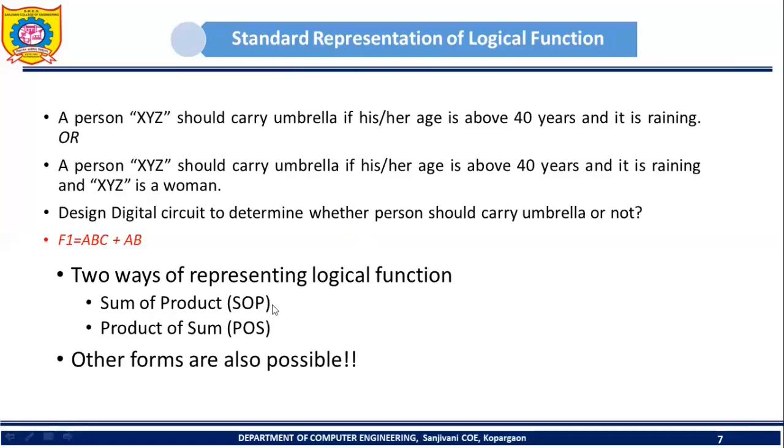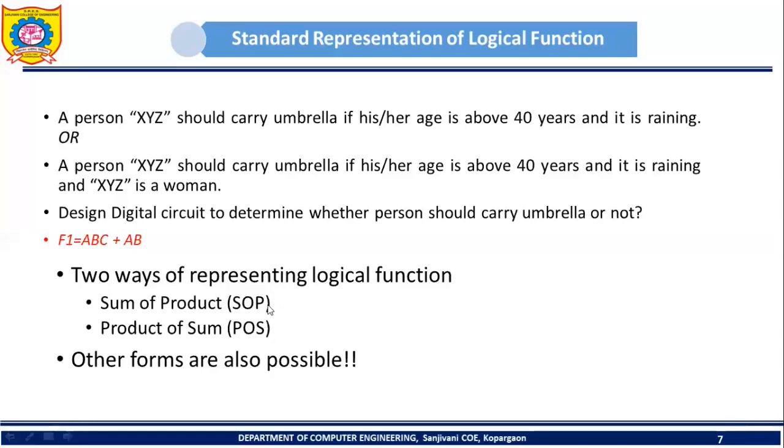Why it is so, we will discuss later on. Please try to understand this representation, as it is the base for our unit number 1. In unit number 1, we are going to see logic minimization by using K-map. What is a K-map, we are going to see later on. But in order to understand K-map, we have to start with SOP and POS. We will require these two terms throughout this first unit, so it's my request that you please focus on these terms and try to understand them.